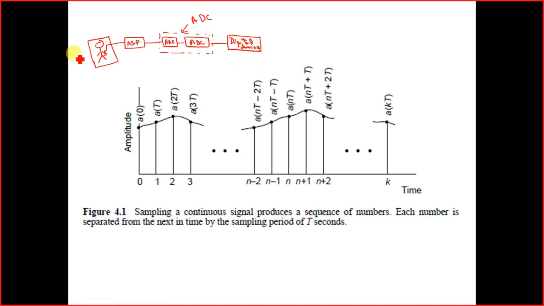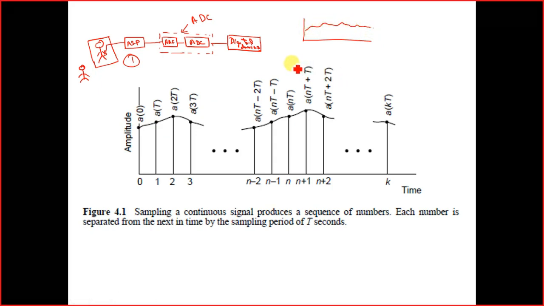What is the second method? The second method is that there is a nurse who has a thermometer and she is measuring the temperature of the patient at regular time intervals. If you consider the first case, where we used thermistors for the measurement of the temperature, what will we get? We will get some variation in the amplitude. In this case, the amplitude would be the temperature, and it will be measured across the time t.